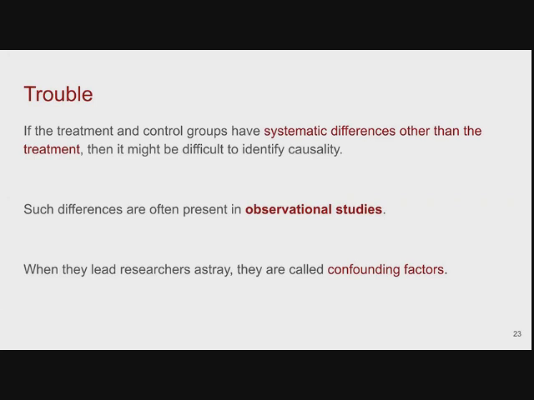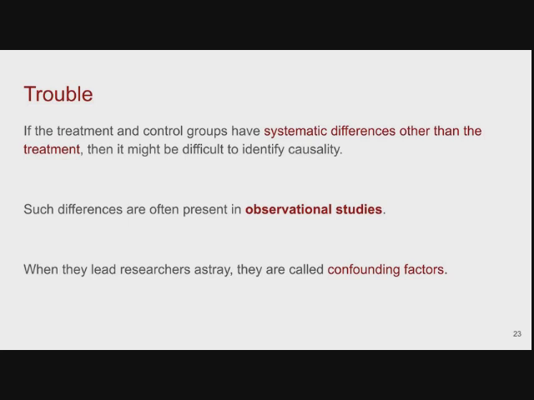However, such differences are often present in observational studies. We talked about observational studies before: that is when you do not do any kind of control, you just have observation. Or I should say, you have a study, but you're not able to control the treatment group and the control group. So such differences are often present in those cases. And that's why, first of all, in those cases we won't be able to establish causality; the best you can do is association. But also important, as we see now, those confounding factors are going to affect observational studies and experiments, which are the causality studies, as well.